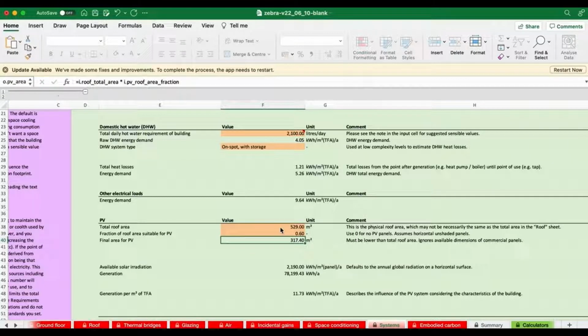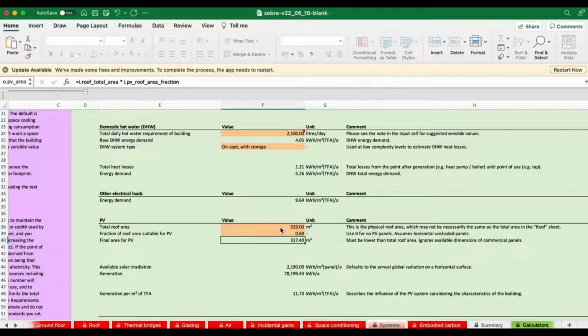Now, that may sound a bit arbitrary, but the important thing to realize in any thermal model is that whatever you can guesstimate as an input parameter is always going to be better than just leaving it as 0. People tend to think that, oh, we don't know something, so we'll just leave it as 0. But that 0 will be entered into the calculation.